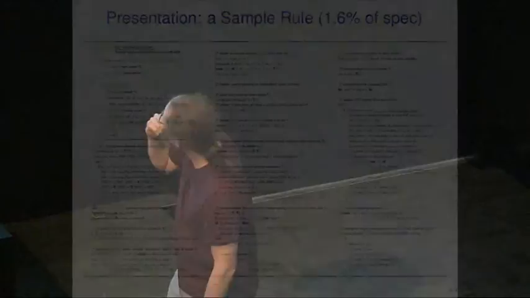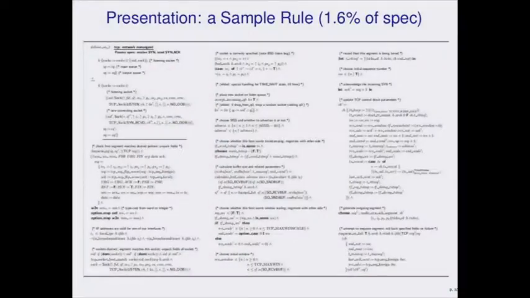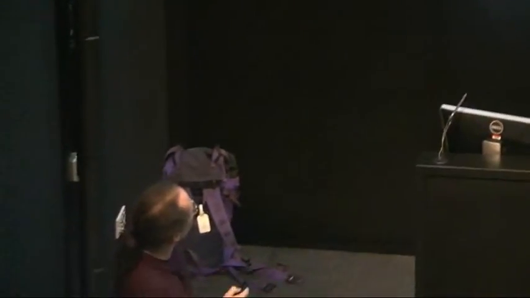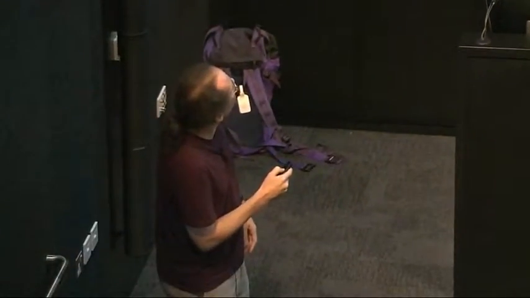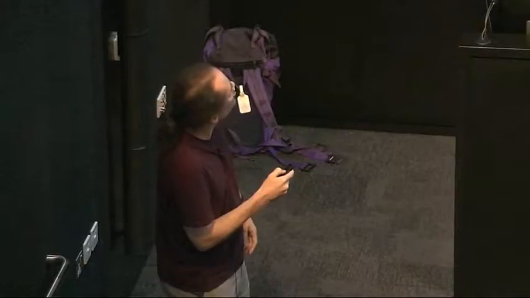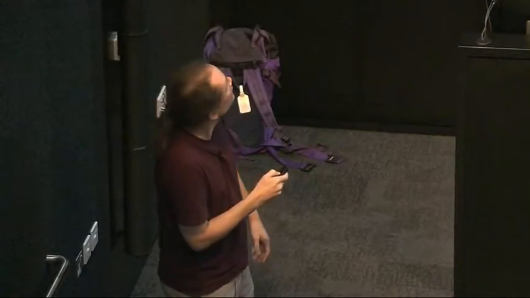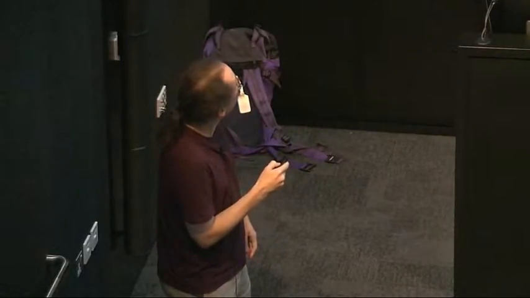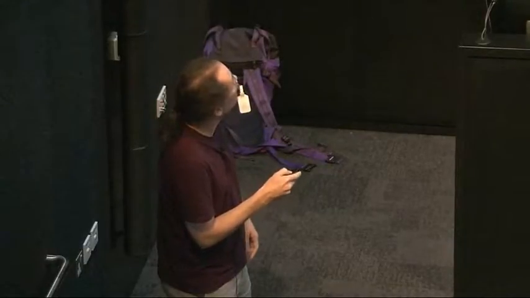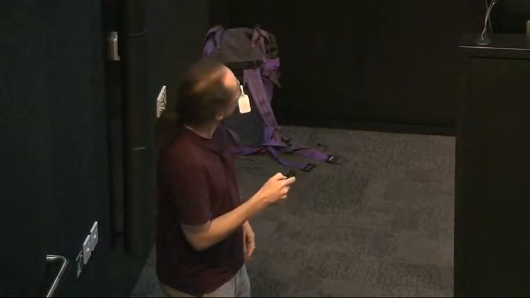So if I show you, this is deliberately slightly fuzzy. This is a little bit of that spec. This is one of the rules. It's quite a little bit. This is a rule dealing with a packet coming in, it's a passive open, receives a SYN packet, sends a SYNACK packet, if that means anything to you. There's a state which takes a transition to another state, and here is the side condition on that rule. You can see it's on that side mostly.